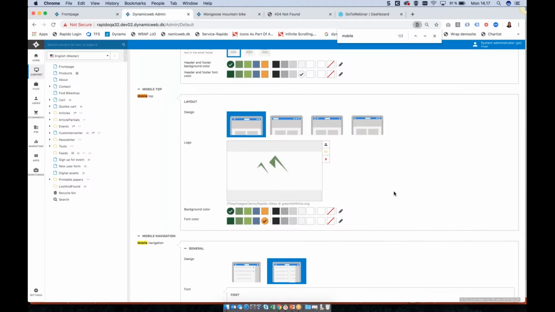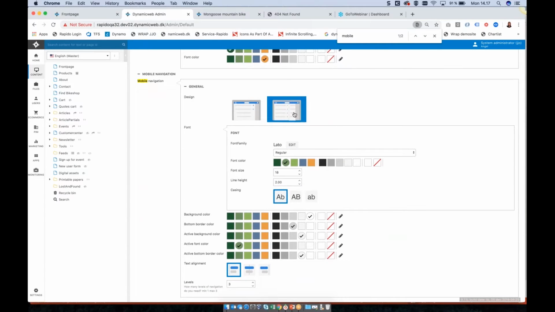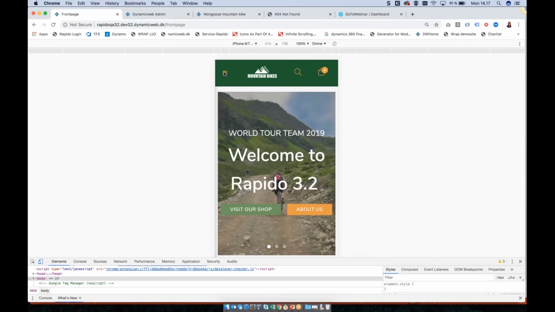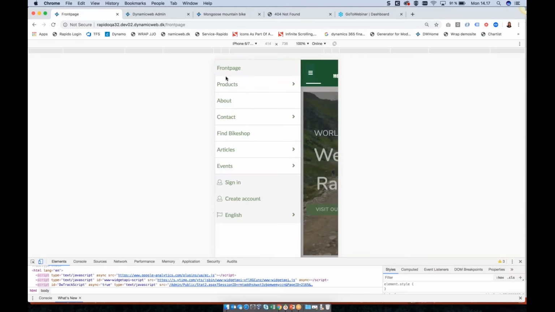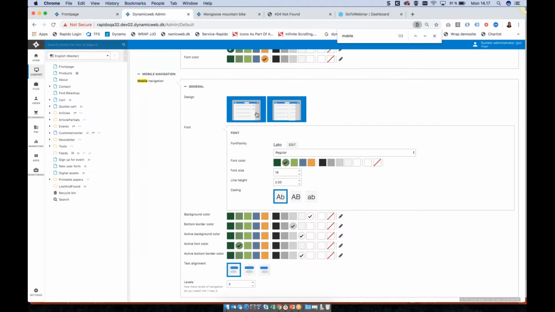So going further down to the mobile navigation, as you can see here, this is the slider that is selected. So if I open this, and open products, for example, it will slide to the different kind of categories or sub pages. It could also be sub pages as in here. Whereas if I select this